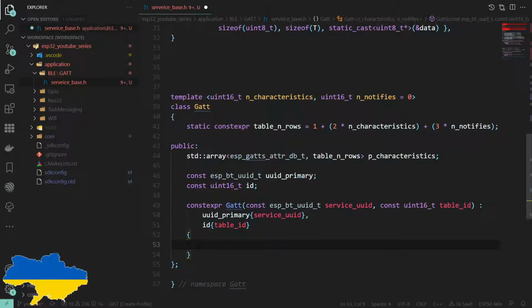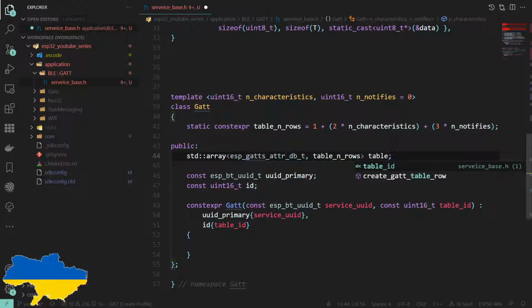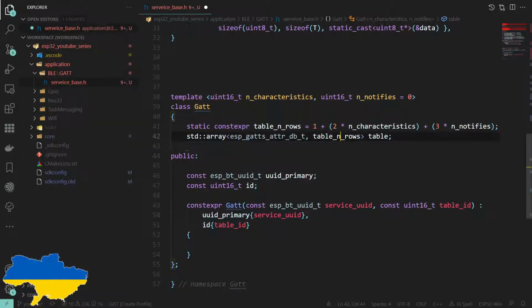So, what we can do is, let's actually change the name of this. This is our table. And I would prefer that to be private. For now, we will actually change that to protected, I think. Maybe, in the future.